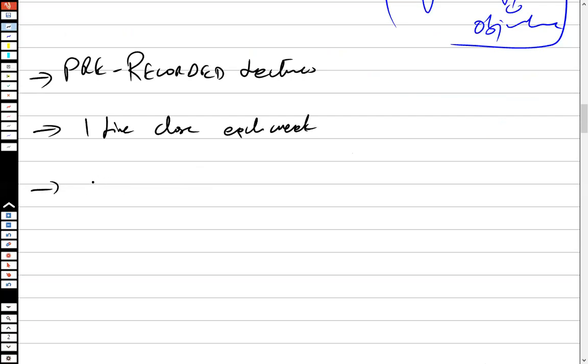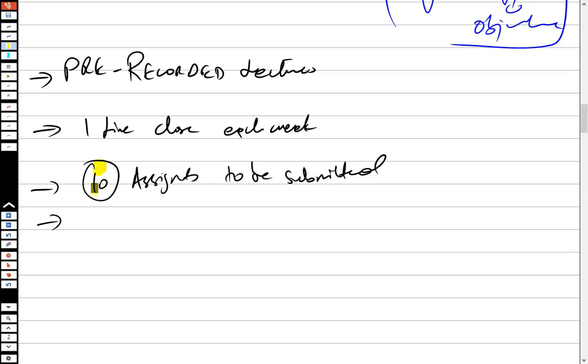each week, plus around 10 assignments to be submitted. I repeat, there are going to be 10 assignments that need to be submitted. And this is, to me, going to be the key for the APM, because a lot of students fail because they don't know how to write down the answer. And when they don't know how to write down the answer, that's where they fail as a